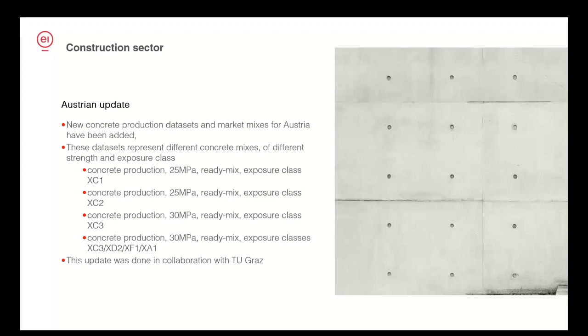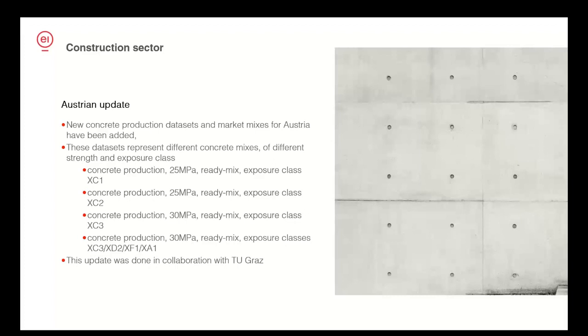So in that sense, we have added more regional specificity to the different types of concrete available to the Austrian market, which, as you know, for all construction materials, is a very locally traded product. So for those kinds of materials, it's key to have regionally relevant manufacturers and regionally representative manufacturers